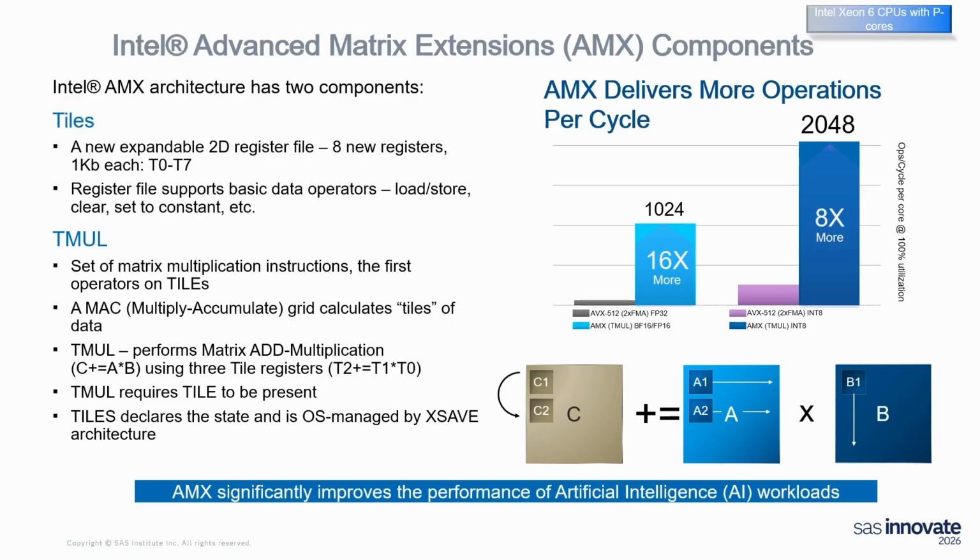So this slide actually shows the quantization options that you have. For example, if you have AVX-512-based FP32 compared to AMX BF16 or FP16, we have seen in our labs up to 16x performance boost. AVX-512 with int8 versus AMX with int8, we have seen anywhere upwards of 8x performance boost from this technology. And actually, there are a few white papers I would encourage you to go read so that you get the confidence in how dynamic and transparent this technology is.